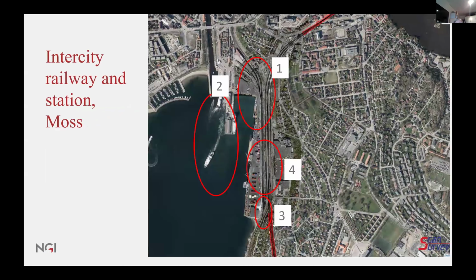A few examples. Here we have a port, also south of Oslo, and the entire area is built on fairly soft clay, and in some areas there's quick clay, and it's a very varying profile. Some of it is sand, some of it is clay, and they're not of the same thickness all over. So we're concerned about these 4 areas here. And as you realize from this picture, it's a heavily populated area.